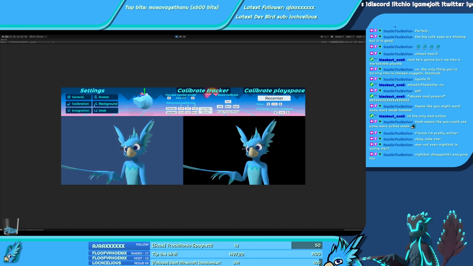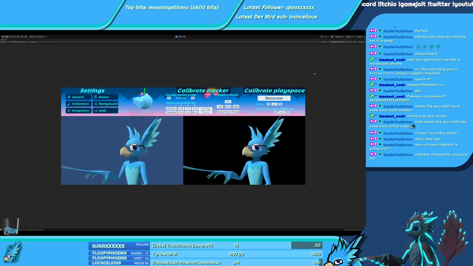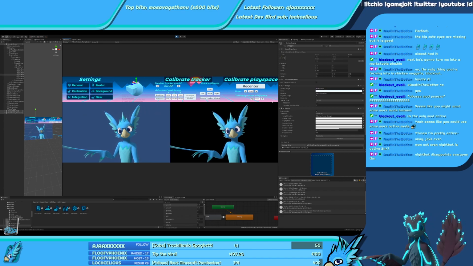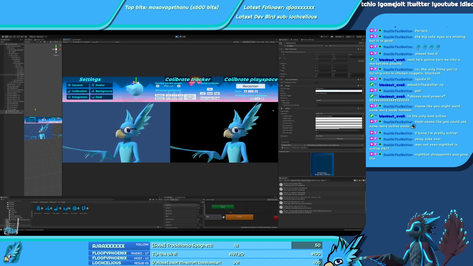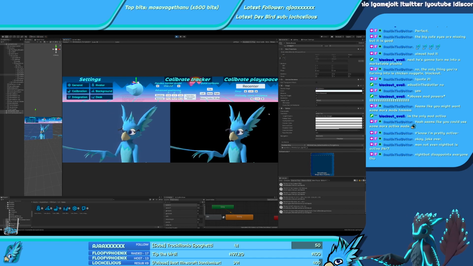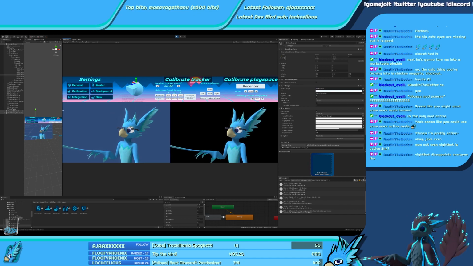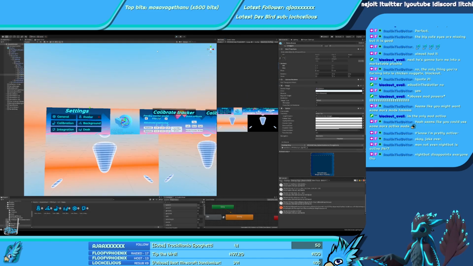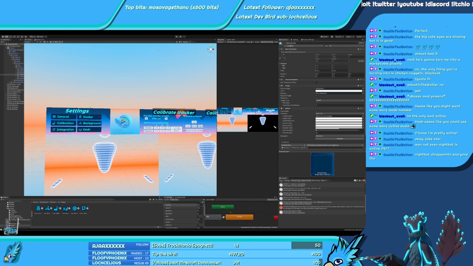So I might do a rework of maybe the calibration UI, maybe. And I might actually want, you know what? I might actually want to have an animation as well when the UIs appear.